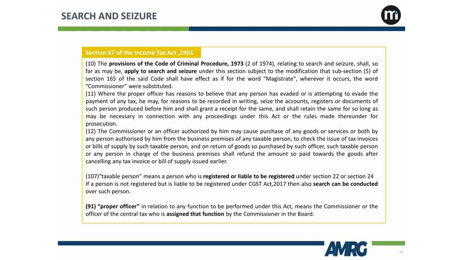Provisions of Code of Criminal Procedure 1973 लगता है। And please note, people believe that search and seizure can happen to them only if they are registered, whereas this is not the case. Even if you are not registered, you are liable to be registered, then also search and seizure could happen. People, I have heard people saying that, boss, I am not registered in GST. If I am not registered in GST, how can someone come to my premises and search me? Yes, this is the point. Even if you are not registered under GST, still you are liable to be registered. It means you are a taxable person. आपके पास सर्च हो सकती है।